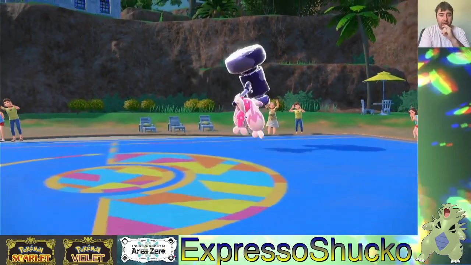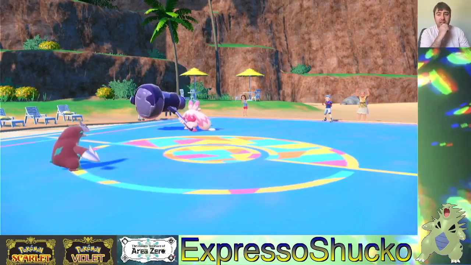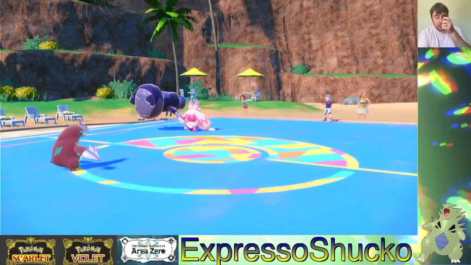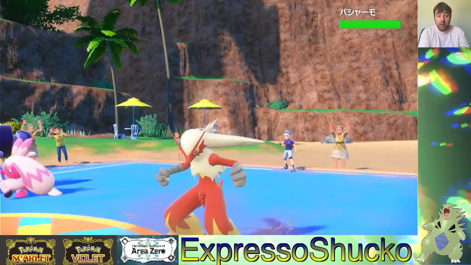Here's the Gigaton Hammer. Tinkaton's mad. Tinkaton is mad. But that's alright. I kind of wanted that, because now I can bring in Tyranitar. Gigaton Hammer's like Blood Moon. It can't be used consecutively. So now I can get my speed off. And honestly, if I finish off the Tinkaton...